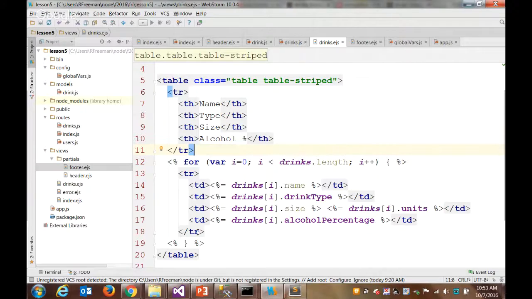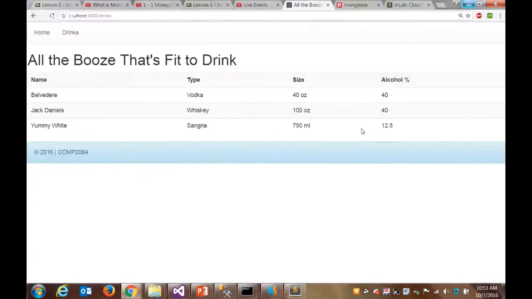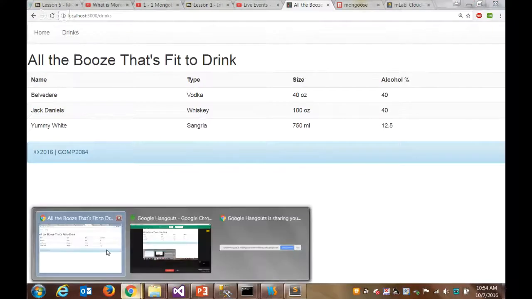Once that's working, we're going to put delete links in here. And when you delete, we're going to pass the object ID. We'll run a delete request and we'll delete that drink and reload the page, just like we did in PHP. And then we'll add an edit link that'll go to a different form. We'll pre-fill the form with all the drink values and we'll hit save to do update. And then after reading week, we'll look at how to